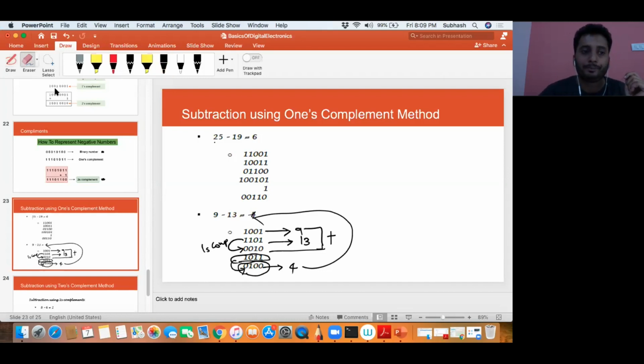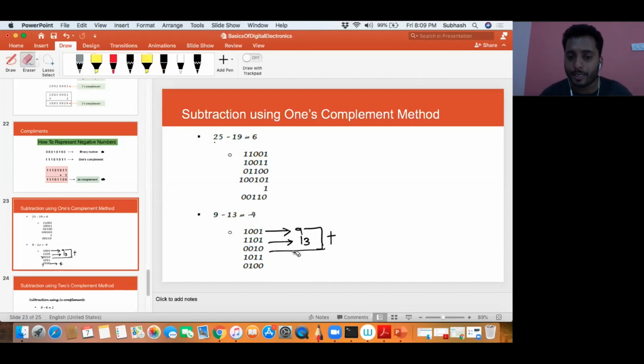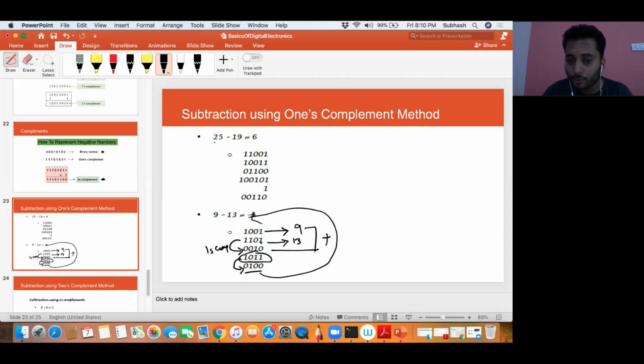I'll repeat the process once again so that you understand it more clearly. Now, if you want to subtract a bigger number from a smaller number using ones complement method, keep the first number as it is in binary. Keep the second number as it is in binary. Find the ones complement of the second number, you will get the third number. Add the first number and the third number, you will get a result. This is the actual result, but if you want to know whether this is correct, you again do the reverse of this. You must get the positive sign of this, that is 4, and that would be your final answer.